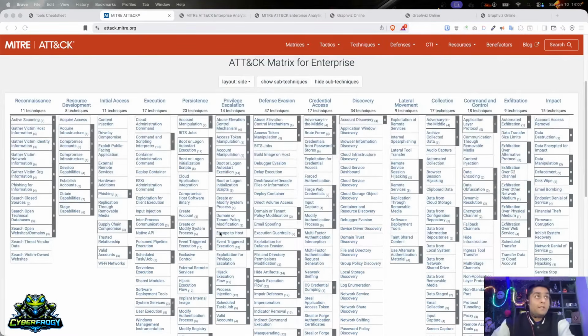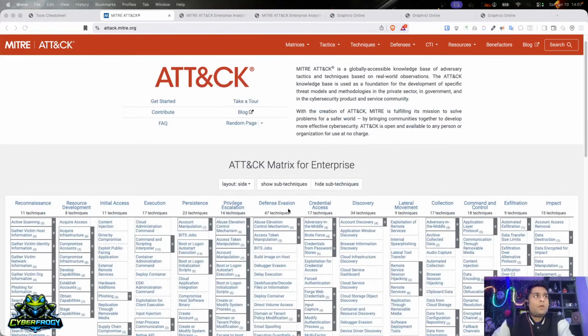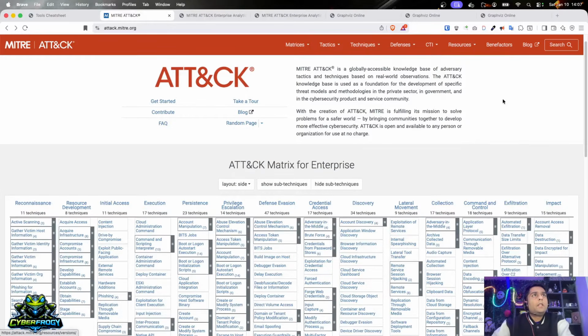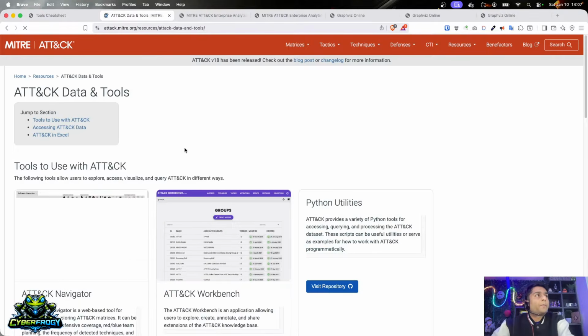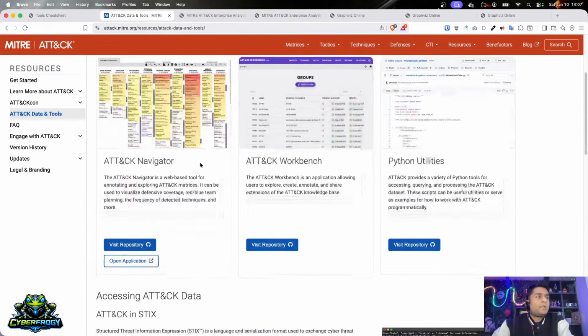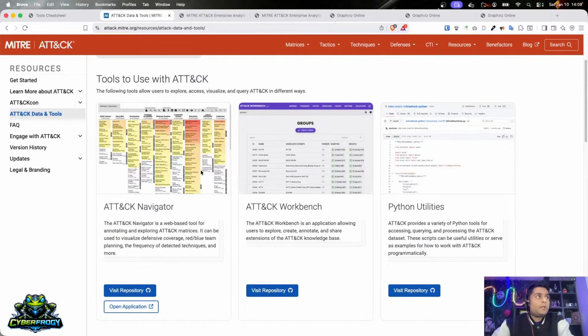Most of us have seen this page, but what if you want to download the raw data? You can always come to the resources part and go to the ATT&CK data tools. If you come here, they have a couple of tools, ATT&CK Workbench, Python utilities and stuff. I visited those, I used those, they are really great. Again, something similar I wanted to create on my own. Basically, they have a couple of tools made for general purpose. They have use cases, and I thought that probably